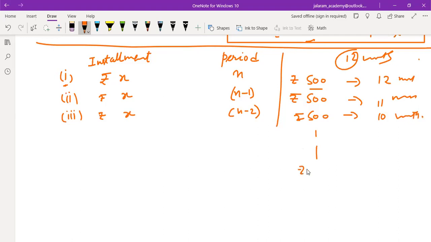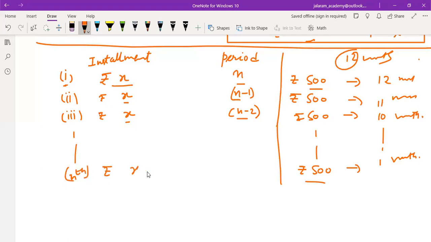Similarly, the last installment, that is the 12th installment, we will deposit at the beginning of the 12th month, so it remains inside the bank for 1 month only. Similarly, when we deposit rupees X, it remains inside the bank for n months. The next installment will remain inside the bank for n minus 1 months, then n minus 2 months, and finally for the nth month,